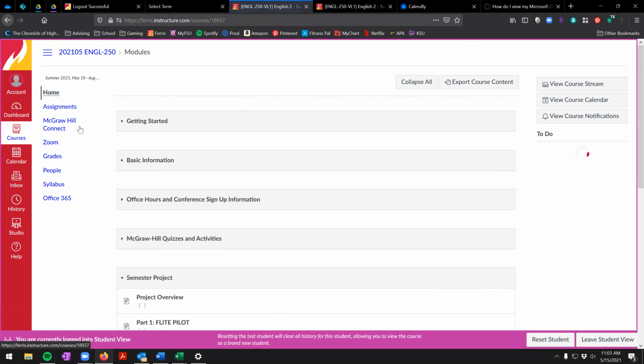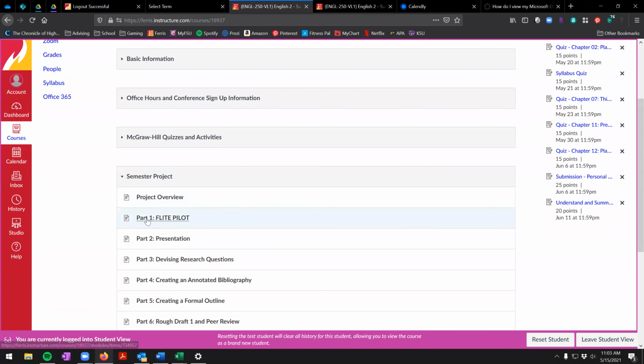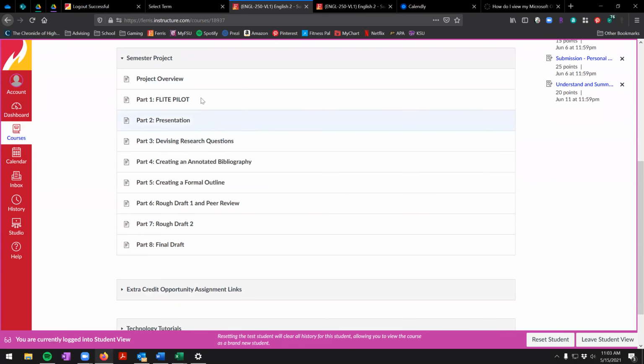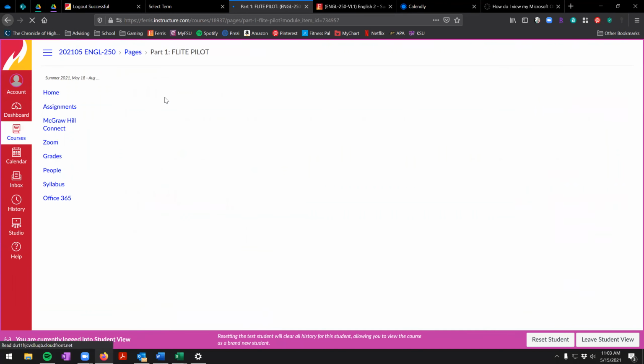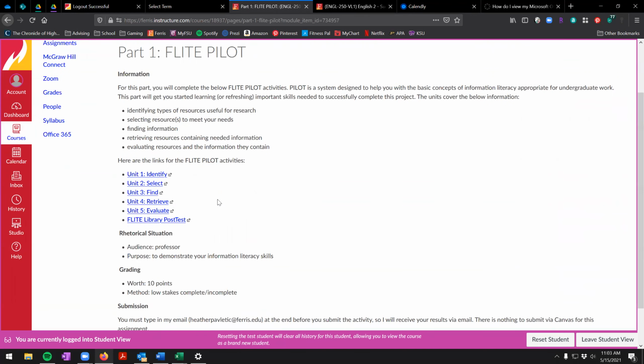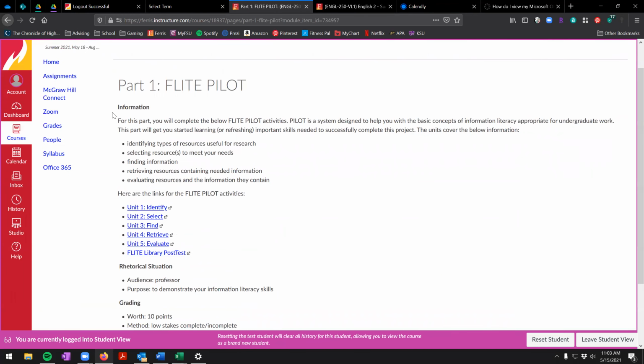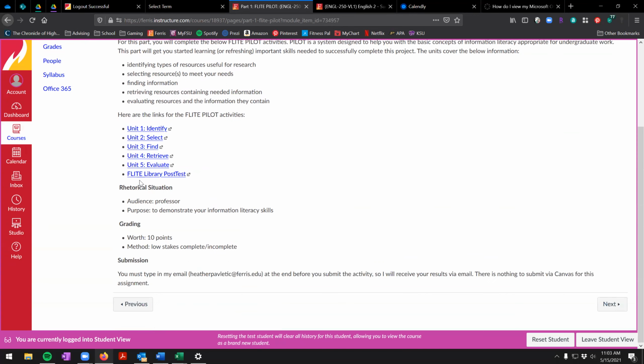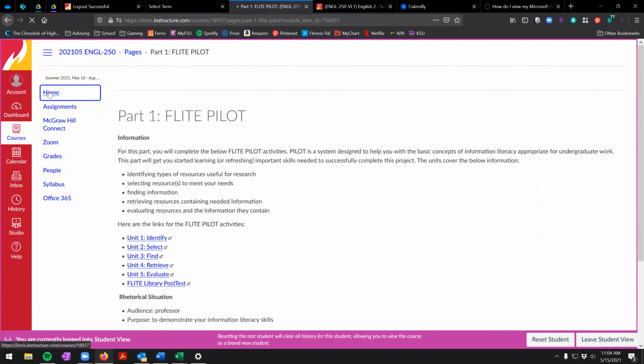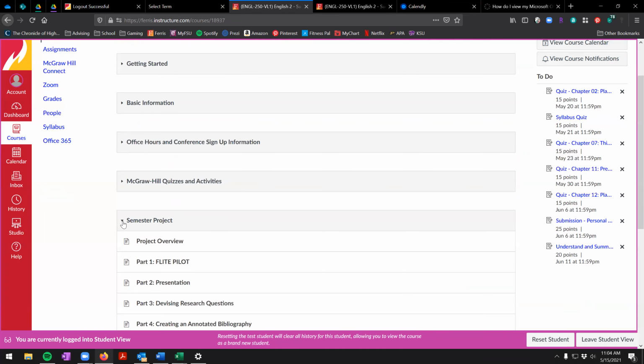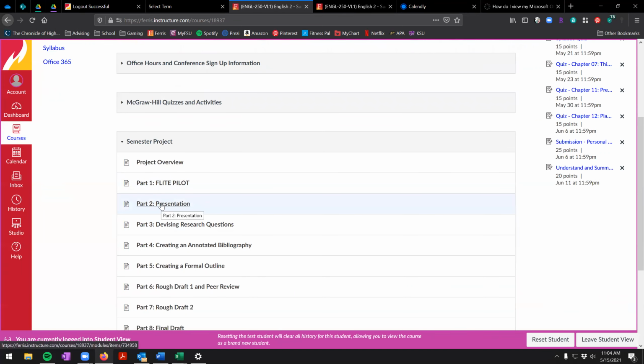Another way that you can get access to it is you can go into the part 1 flight pilot area, and it has all of the information. And you'll notice that it gives you the information, the rhetorical situation, so you know who the audience is, what the purpose of the assignment is, the grading, and then if there is any kind of special submission that you have to do. If we go into part 2, which is a little bit more traditional in terms of its submission,